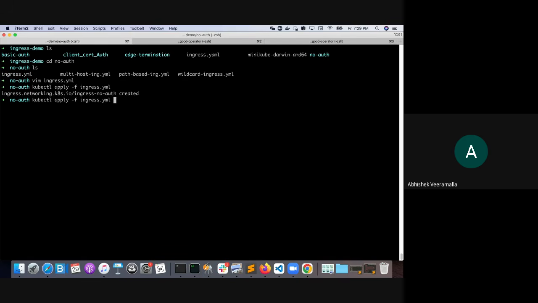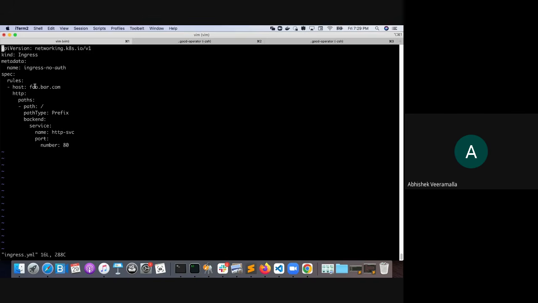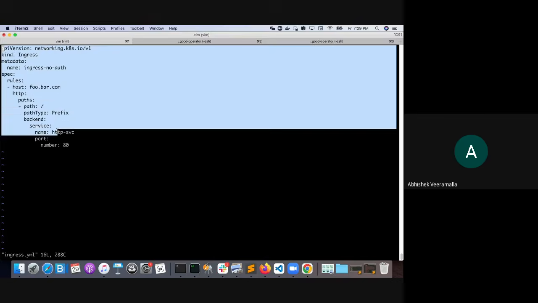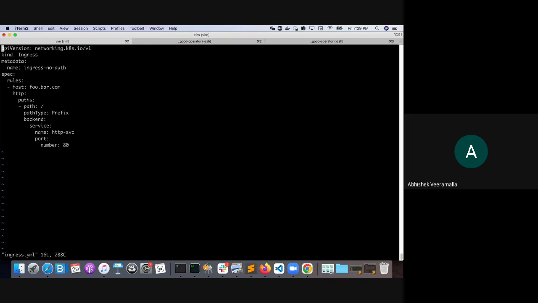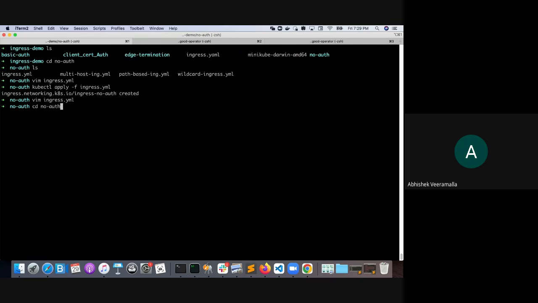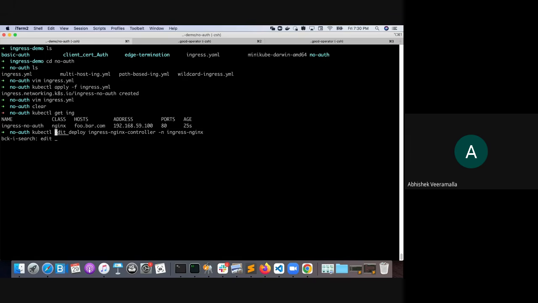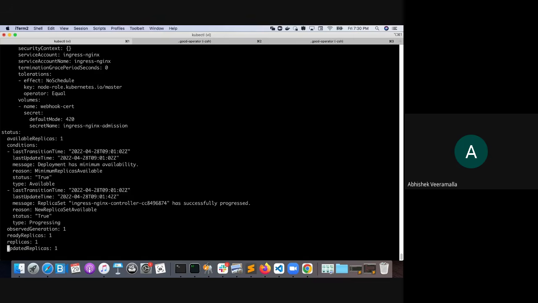One more thing that comes to my mind is, if you see this Ingress resource, there is no Ingress class. I haven't defined any Ingress class for it, but the Ingress controller has assigned the IP address to my Ingress, right? The reason is what I've done before the demo: this is my Ingress controller, and in the Ingress controller configuration, I simply mentioned that